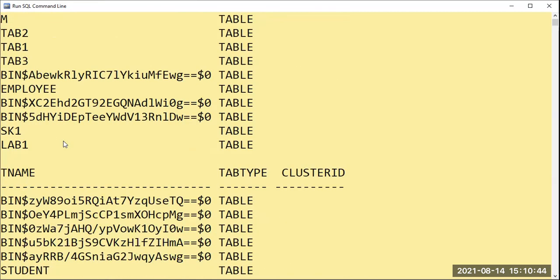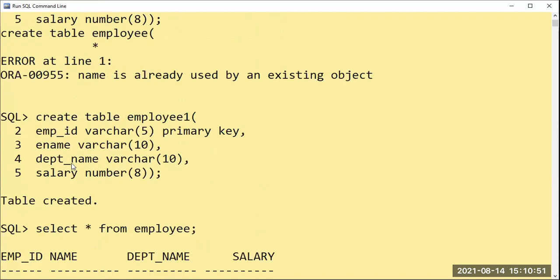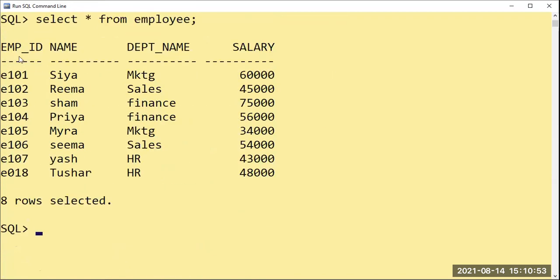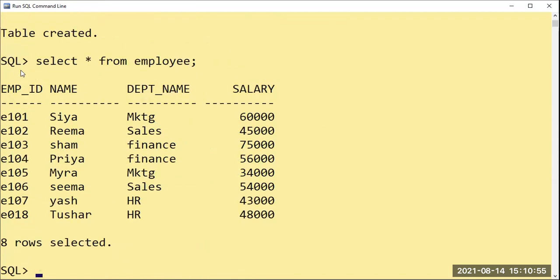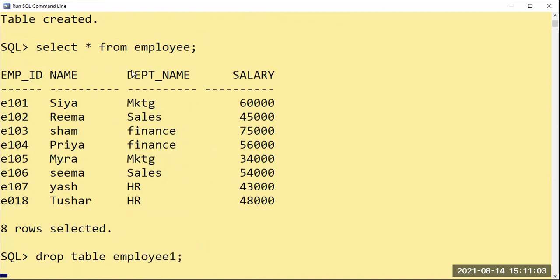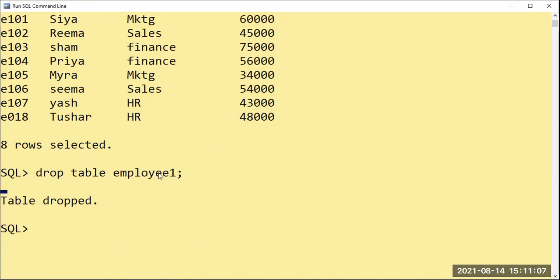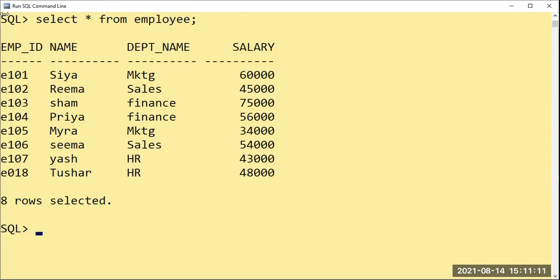It always lists date wise. So we have the table, and for your reference, select star from employee, and I'll drop table employee. I will drop this table. The table has dropped. Again, for reference, select star from employee.